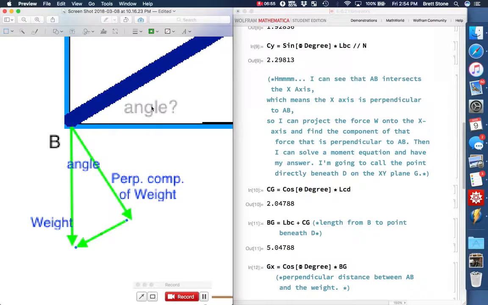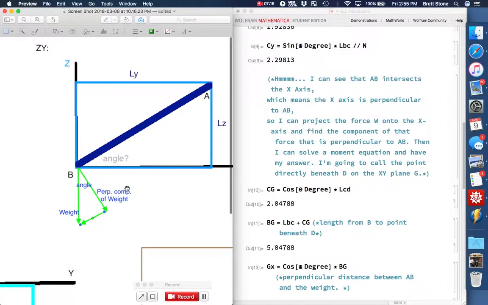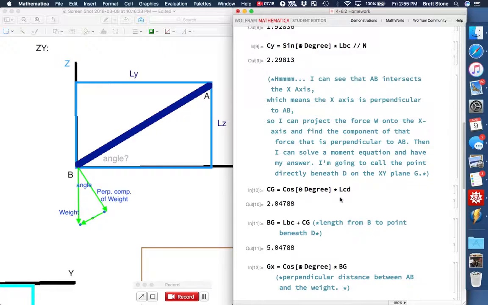So since I know this angle up here, I also know this angle in here. And when I know that, and I know the value of the weight, which I don't, but we can solve for that, then I will know the component of the weight that is perpendicular to the moment arm, and that's what I care about. So what I was able to do once I had that figured out was come over